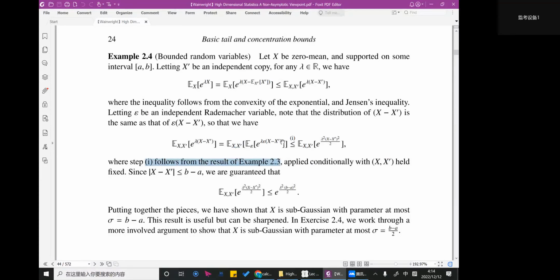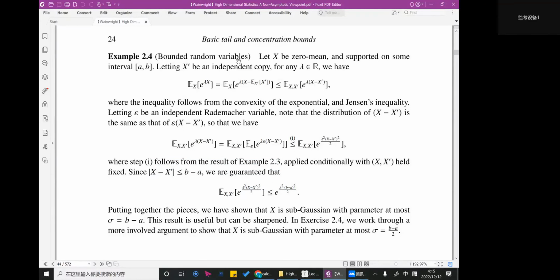So if you fix x and x prime, this inequality directly follows from the property of the Rademacher variable. Finally, since X is bounded, we can guarantee the final result that